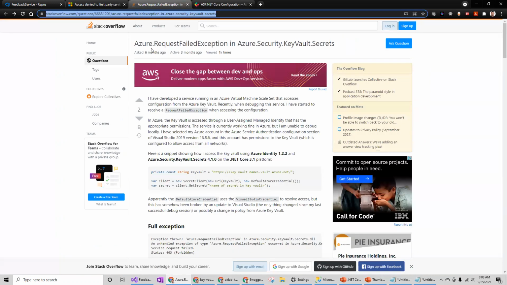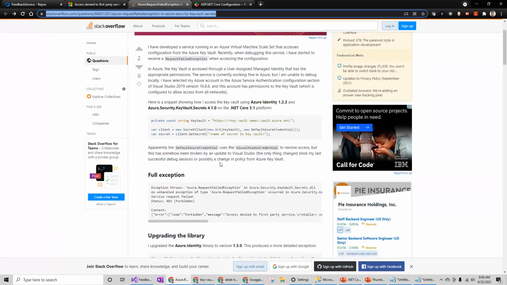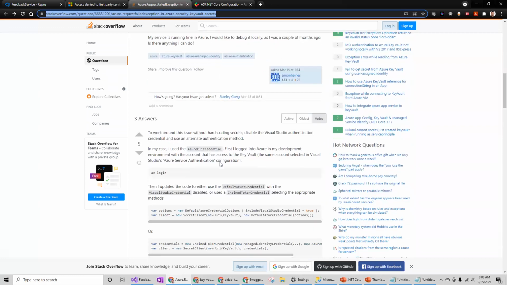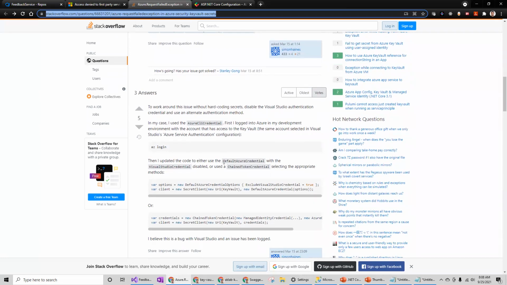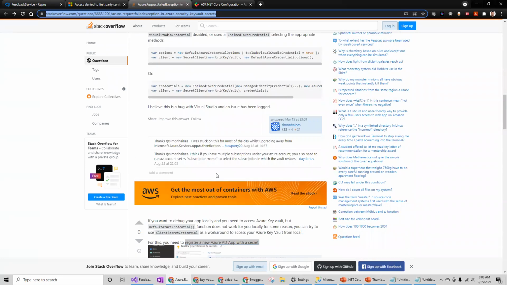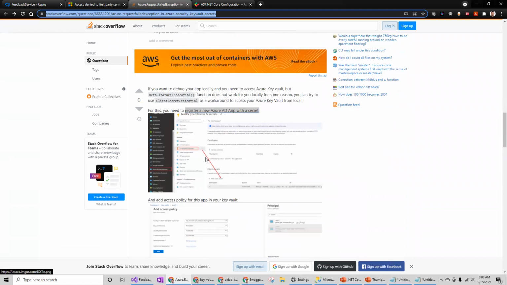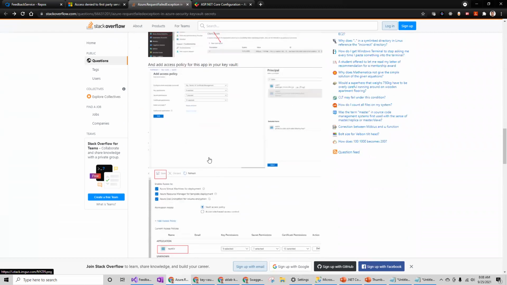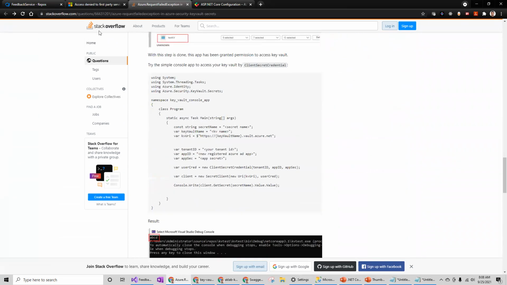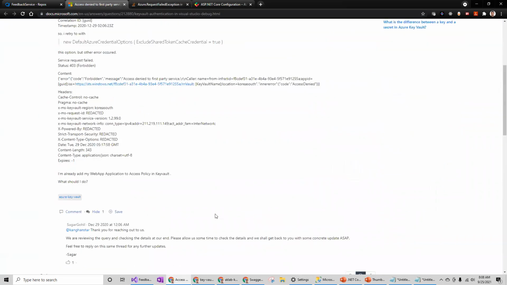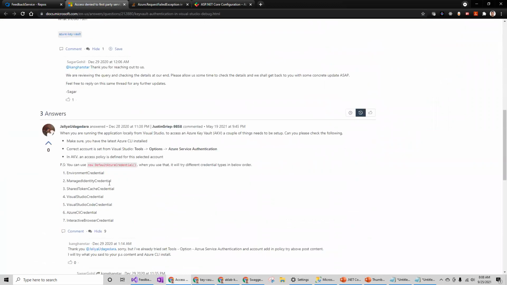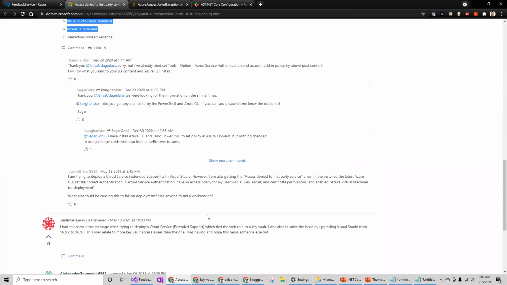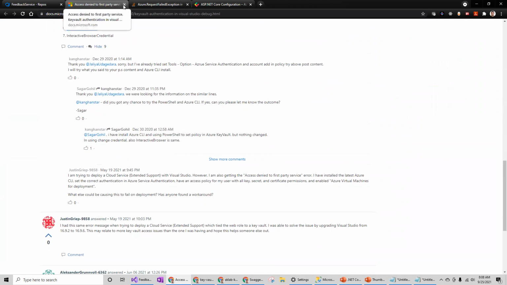I was also getting a couple of errors like request failed exception. What needs to be done? There is no perfect way to do it, but you have to try trial and error options like creating the secret here. So this helped me to fix some of the issues. And the same thing, this article is also helpful. What are the different types of authentication supported in the Azure Key Vault?